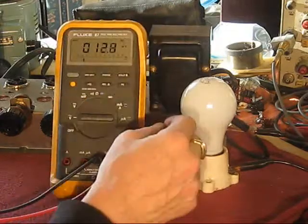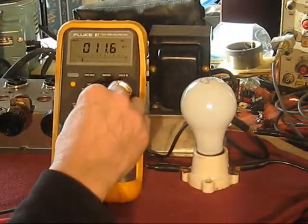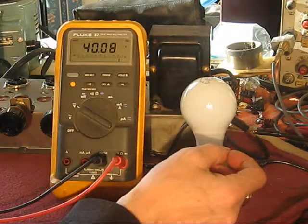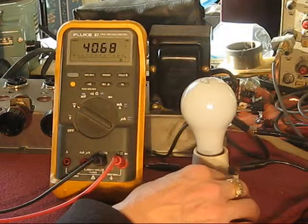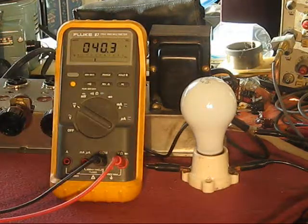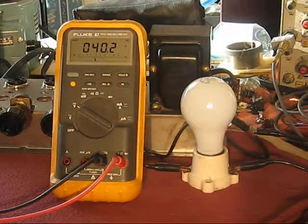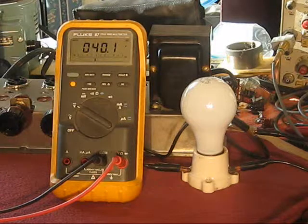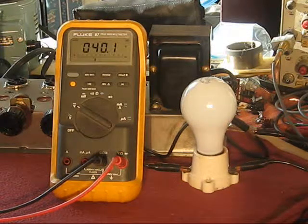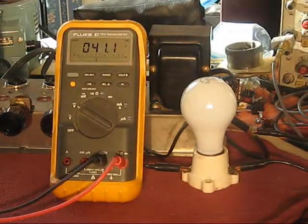Looks like it has capacitance, at least some. Back to DC, where are we? About 40 volts. You can see it's wandering around a little bit with line voltage fluctuations. Largely, that's it. So I think just let it sit there long enough. So, that's the process. I'm going to bump it up to,